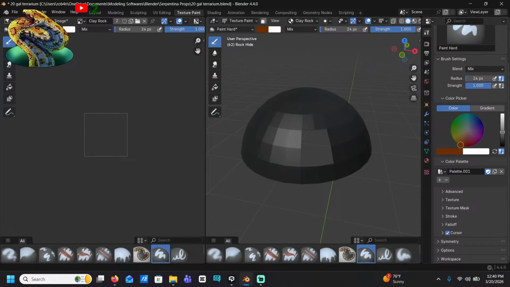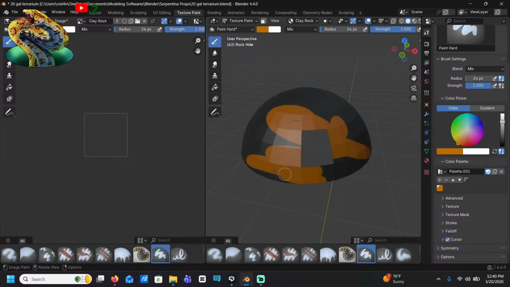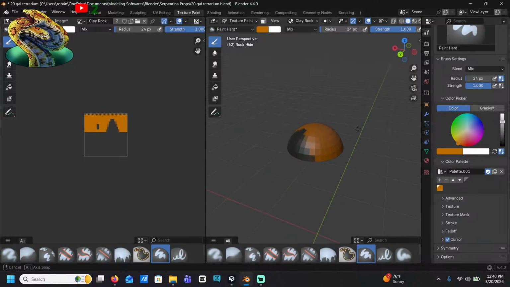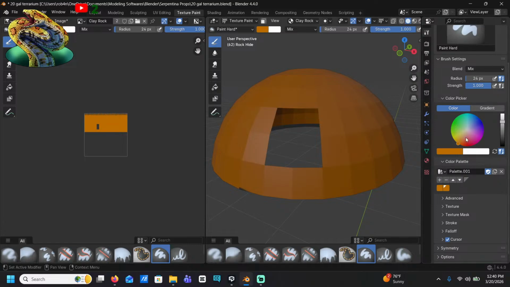Okay. Make kind of this rusty orange color. Kind of like that. This is the base color for it. Okay. That is probably the same color.